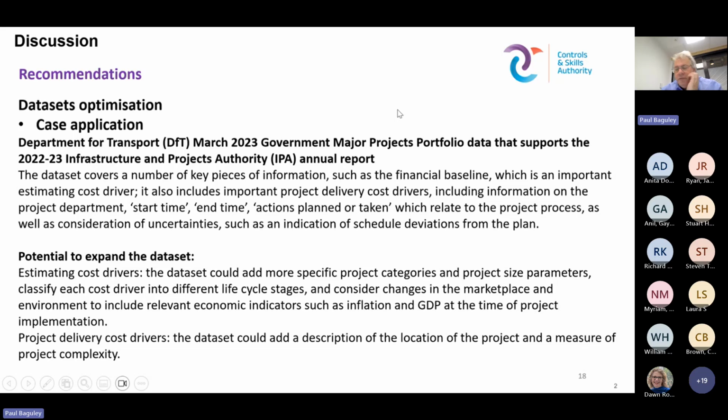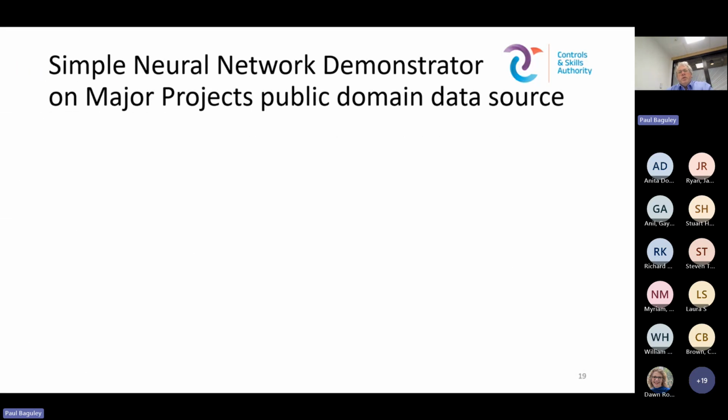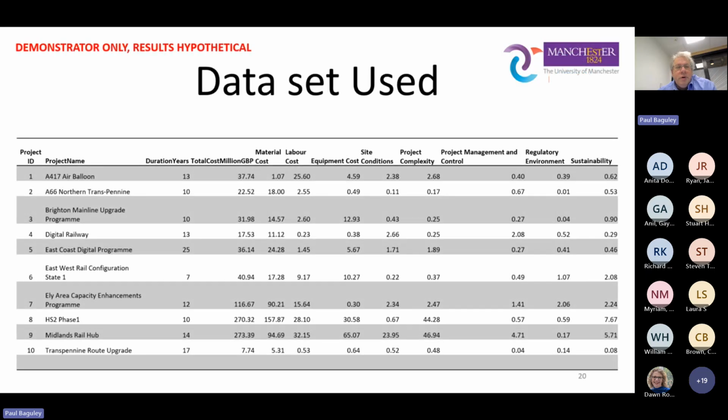So there is some potential for expanding the data collection in terms of major projects portfolio data in the future. There must be, I guess, a trade-off for that, but there is that potential. Because we saw before, simple neural networks are probably the most popular and maybe most accessible to build capability in an area where there isn't much capability in terms of estimating. Then we went for a simple neural network, and we found that there wasn't much data. I'm not going to spend too much time on this part because